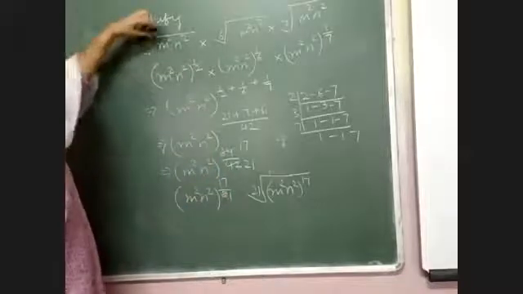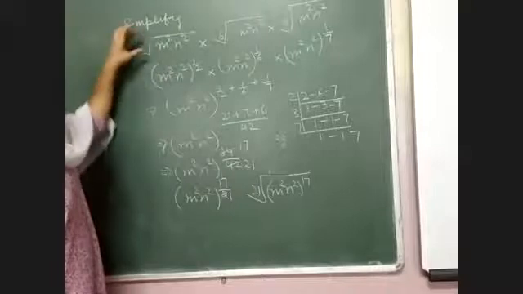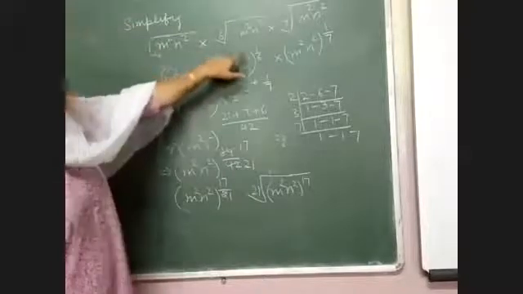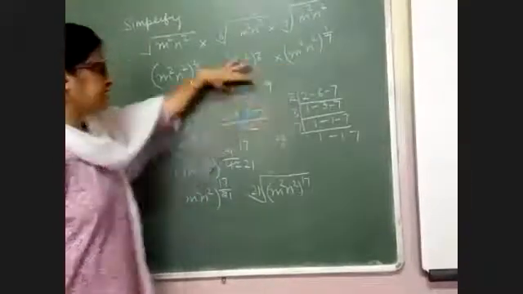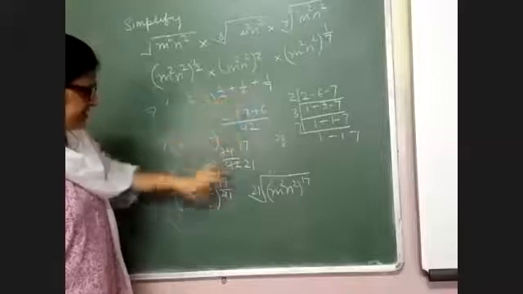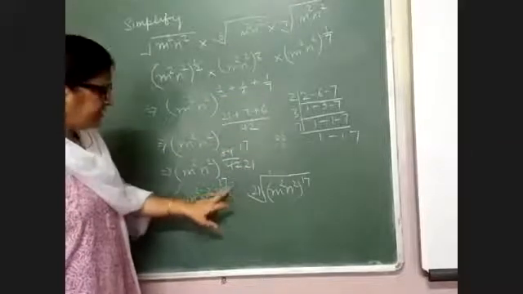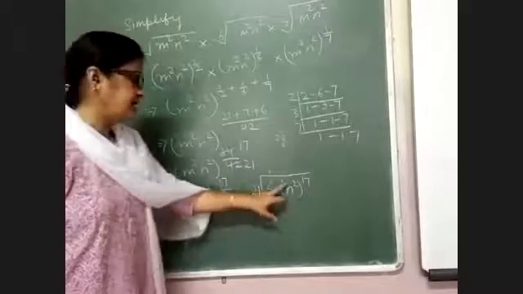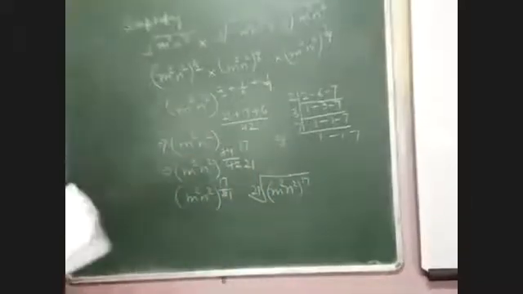Again, I am repeating. Here the root is given only, the subroot is not given. So when you remove the square root, it becomes half. This is 1 by 6, this is 1 by 7. The bases are equal, so the powers are added. Take the LCM, and at the last, how can you write this? This is 1 by 21, 21 is the subroot, and we take the power of m square n square. The power becomes 17, okay.